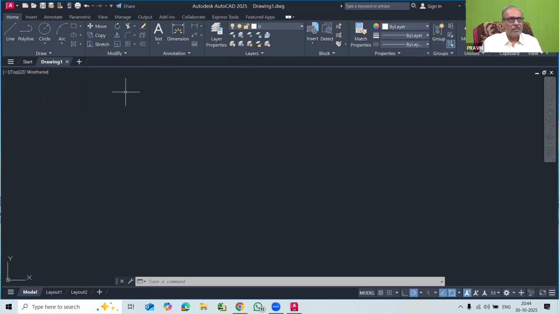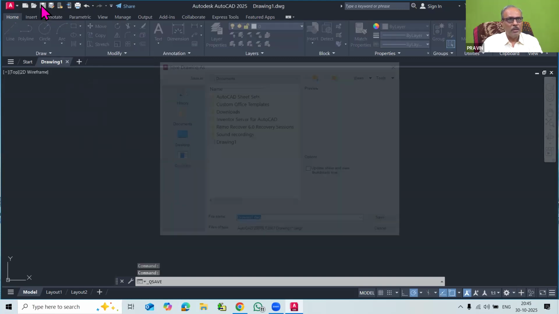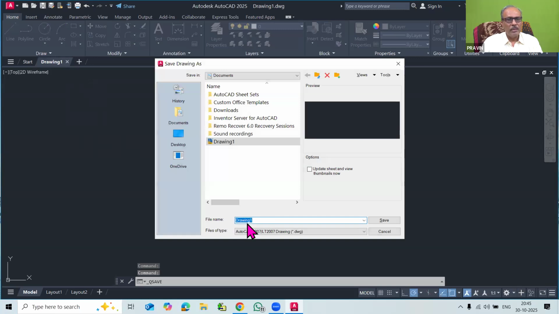Various commands are shown, such as starting a new drawing, opening a drawing, and the most important one, the save button. Whenever we are preparing a drawing, in between we can easily click on this save button. When I click on it, the drawing gets created and I am saving it as AutoCAD drawing one.